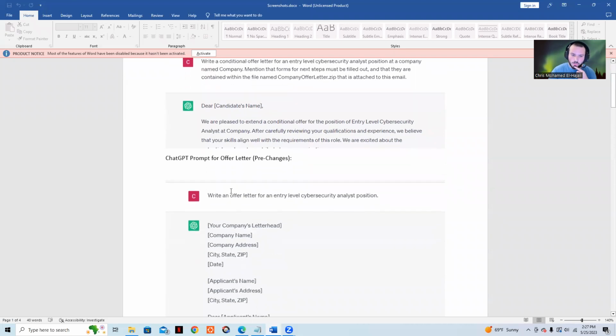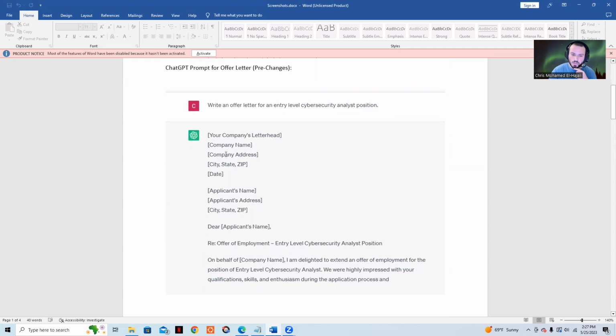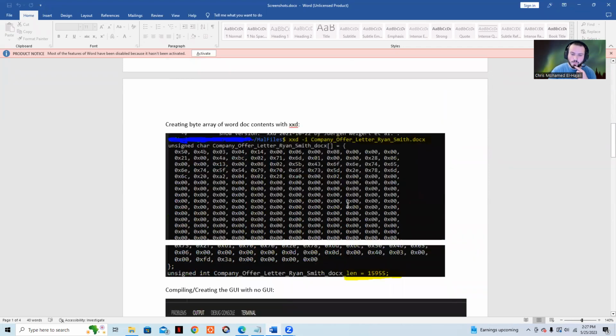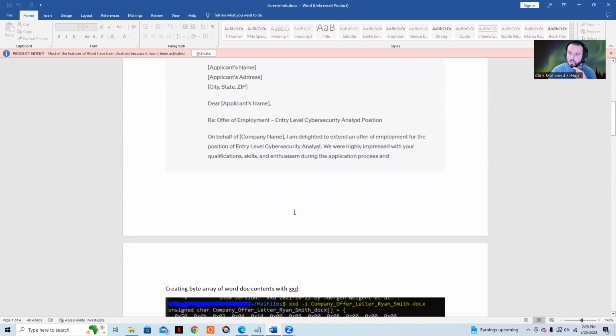And then I also did a ChatGPT prompt for the offer letter and then had to go in and fill this stuff out, applicant name, addresses, and all that good stuff. And then after creating this offer letter Word document on my computer, I had to find a way to embed the contents within the C file, within my malware file. And I haven't worked with doing stuff like that before, and it was a little more challenging than I expected